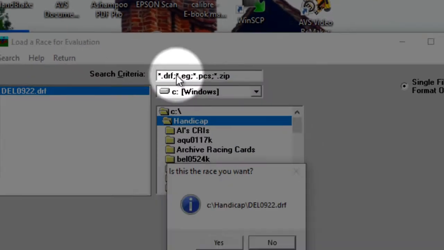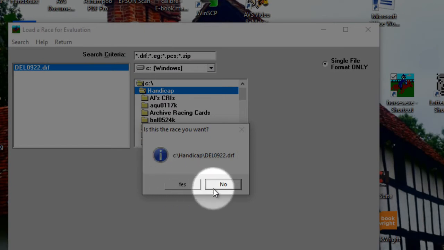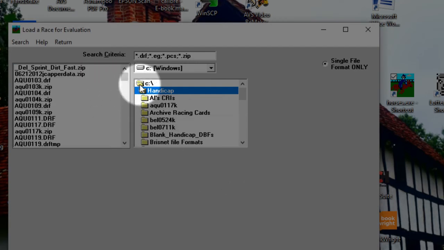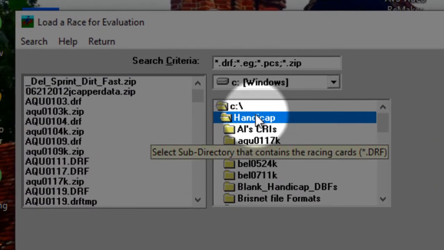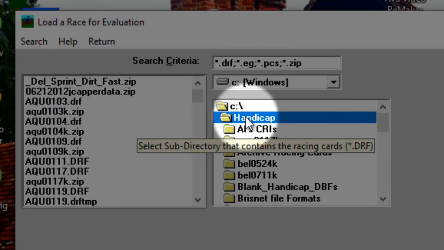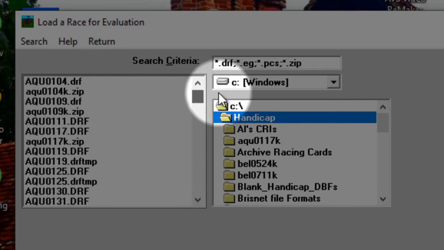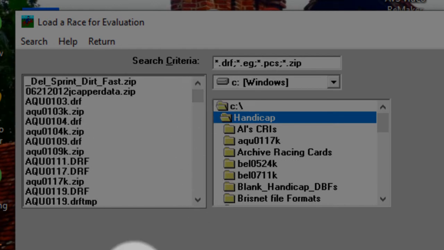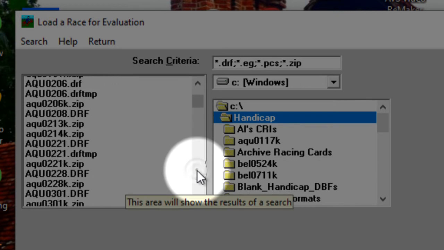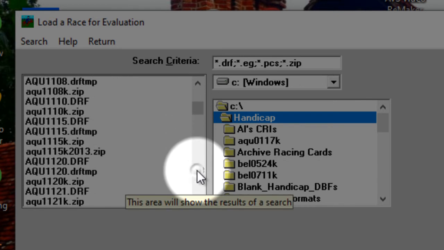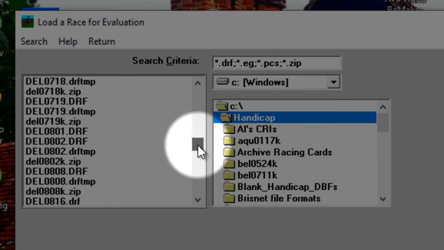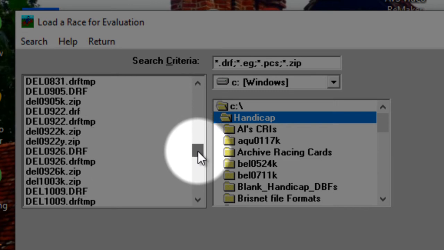So we'll say manual. Again, let me X out on this because this is the default, the one I've recently used. So we'll say no to that. If you know where your racing cards are, you just go find them. And let's say here under C:handicap, I've got a bunch of racing cards, zipped and unzipped. So this is where I would have had the Delaware. I'll show you Delaware